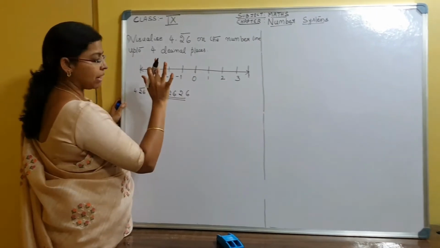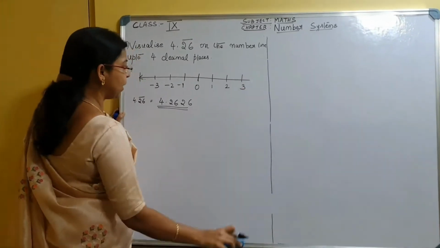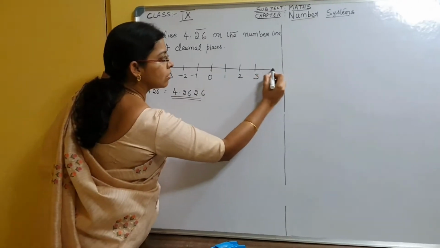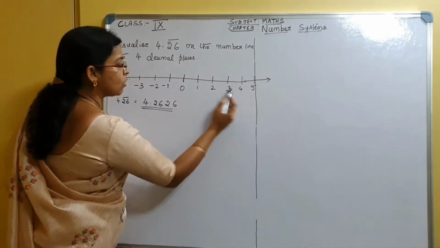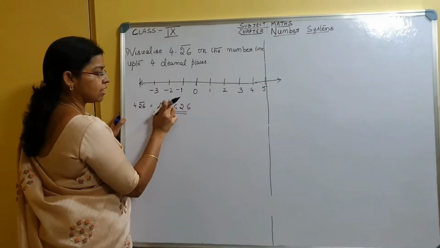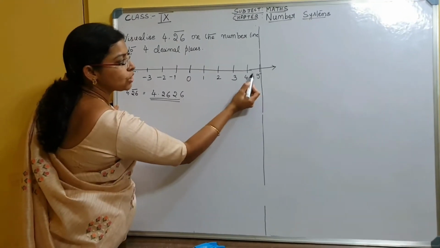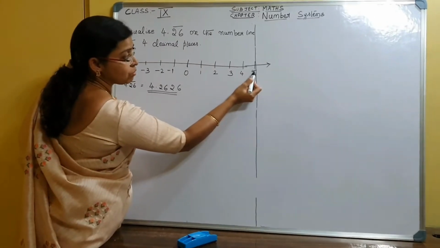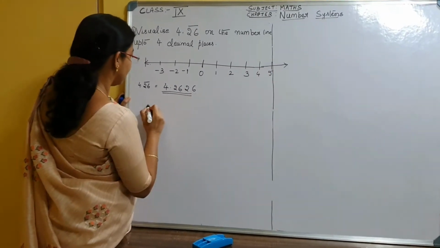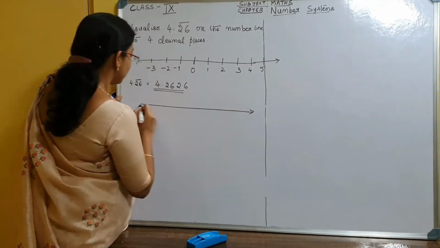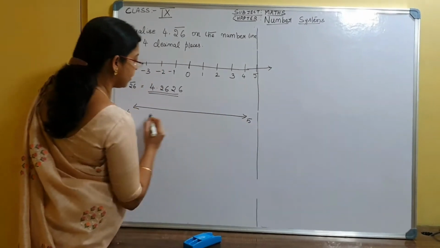So this is our number line. Where is 4.26? It will be somewhere between 4 and 5. Just consider the first digit after the decimal point, that is 2, so 4.2. 4.2 should be somewhere between 4 and 5. Therefore we need to zoom in only on this part. So now our boundaries or limits will be 4 and 5.